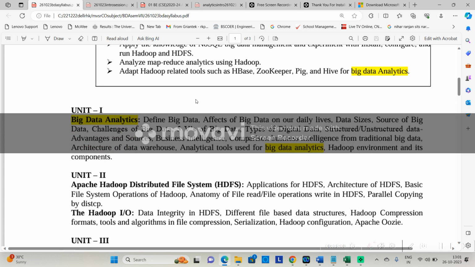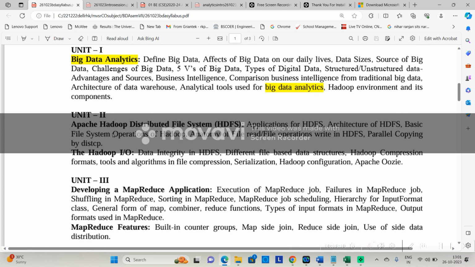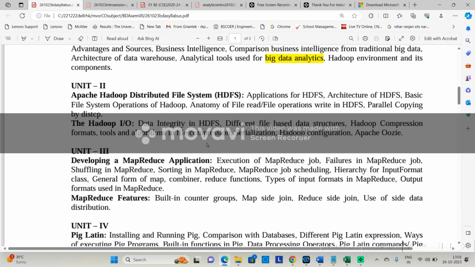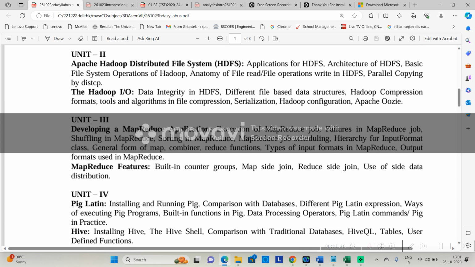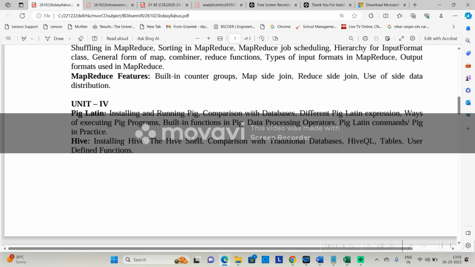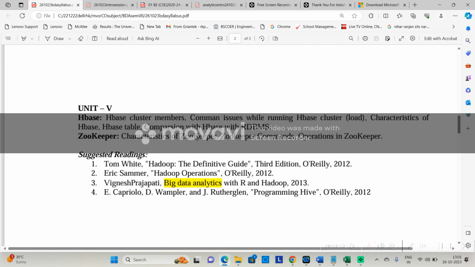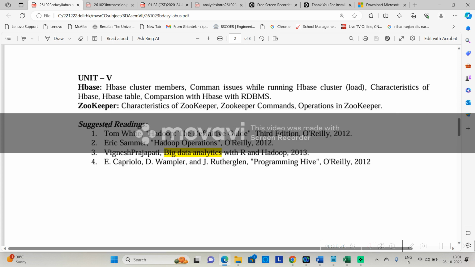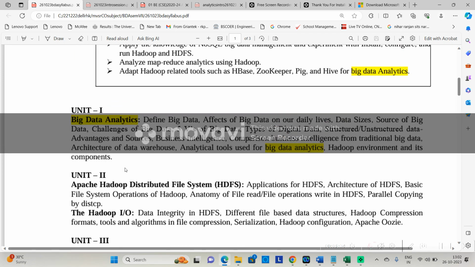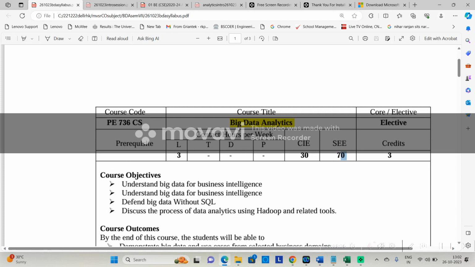Unit 1, Big Data Analytics. Unit 2, Apache Hadoop Distributed File System. Unit 3, Developing a MapReduce application. Unit 4, Pig and Hive. Unit 5, HBase and Zookeeper. The prescribed textbooks are by the authors Tom White, Eric Sammer, Vignesh Prajapati, E. Capriano. Let us look at the first unit syllabus